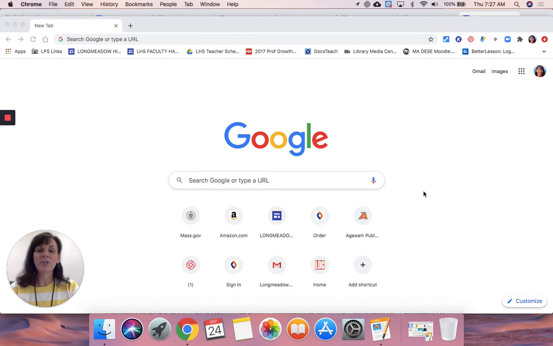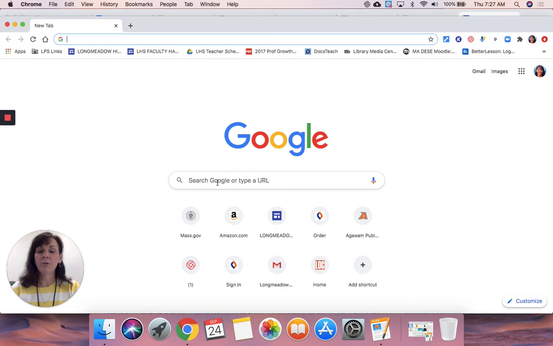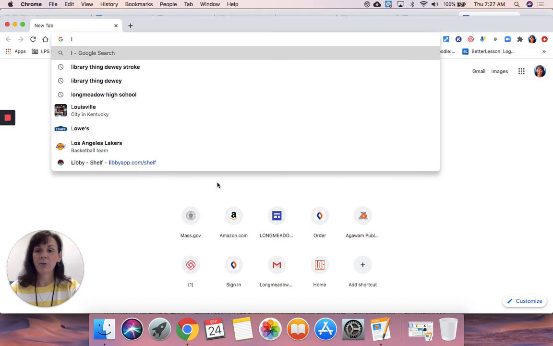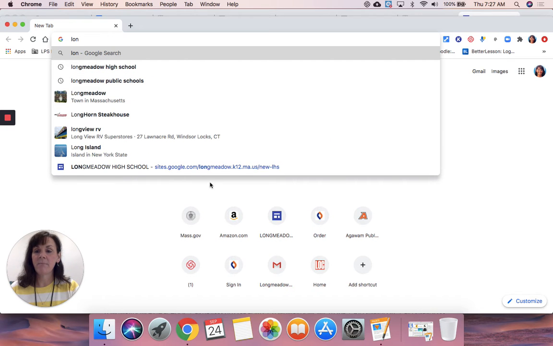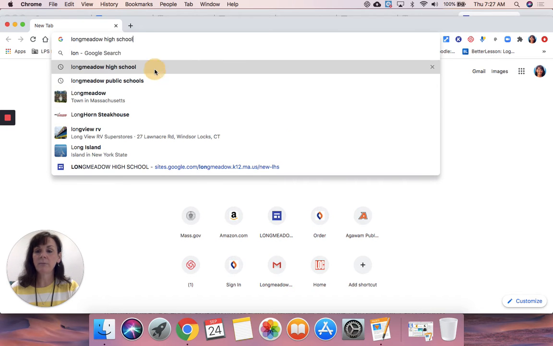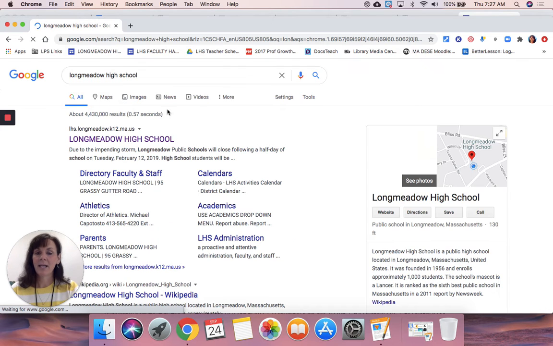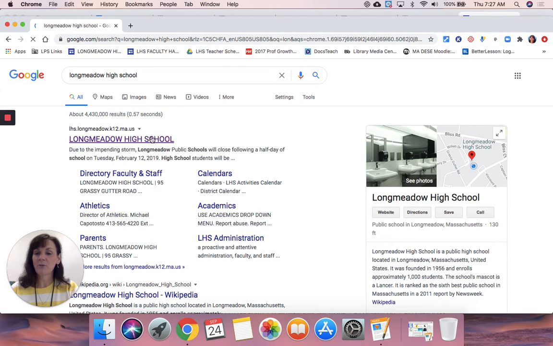The way you get to ABC-CLIO, it is one of the library databases at Longmeadow High School. You're going to open a new Google search and type in Longmeadow, and mine comes right up, Longmeadow High School. And there's a lovely picture of bathrooms over here. If you click on the high school and launch the page,